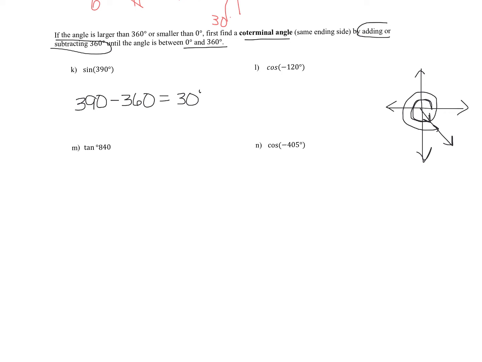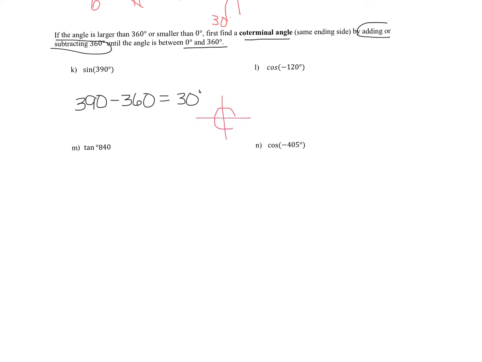Now the nice thing about coterminal angles, right, they have the same exact triangle. It's in the same quadrant here. This is not for my 30, but I don't even have to think about negatives or positive. I'm just in the quadrant I'm in. So over here, we'll just draw this again for the 30. I'm going to erase the one over here because that was just my starter example. So this is where 390 is,